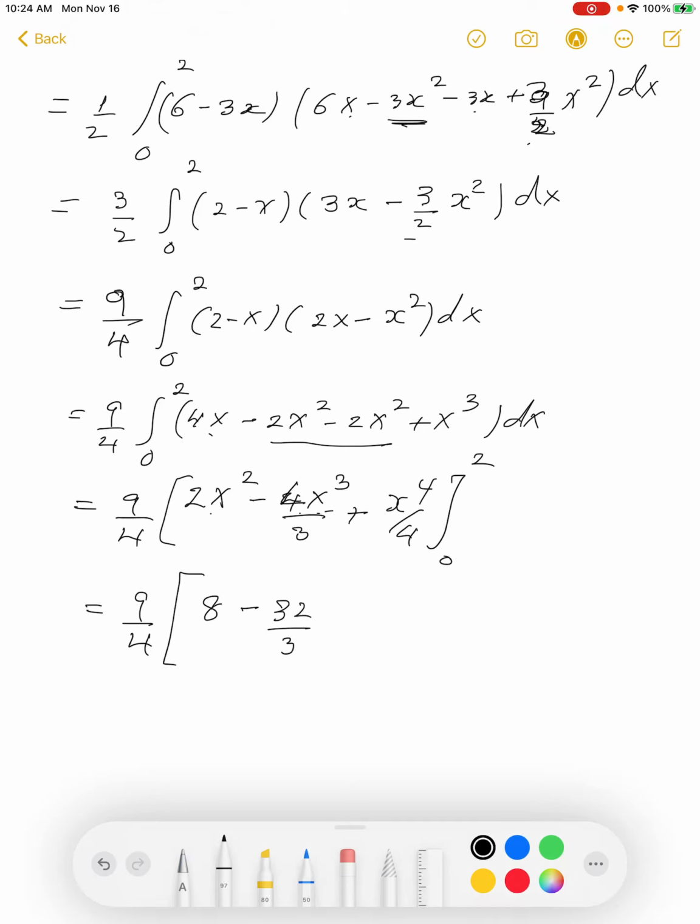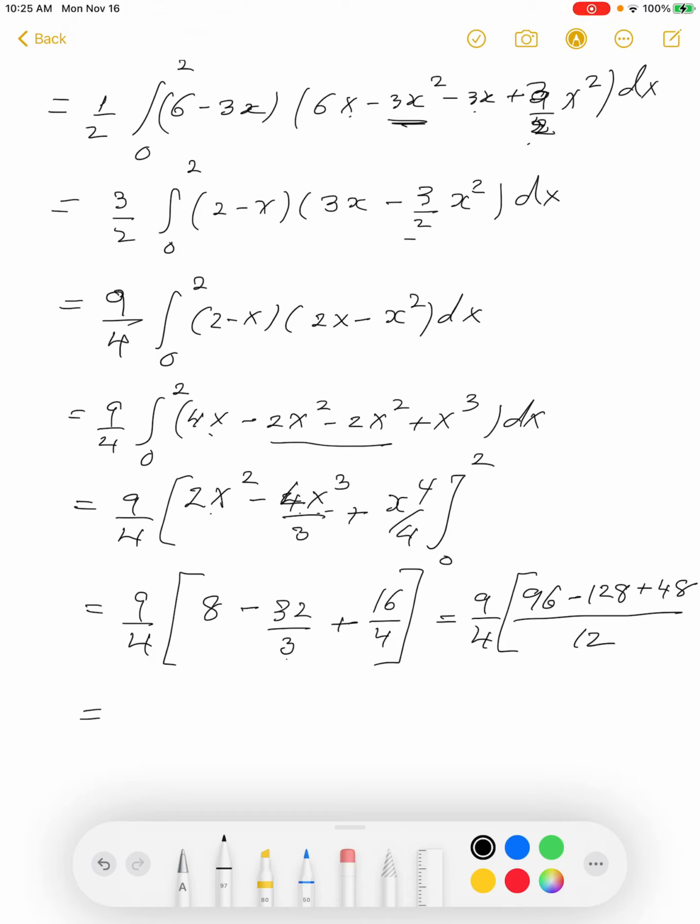So it's 9 by 4, value at 2 will be 8 here, minus 2 cube is 8, 8 times 4 is 32, and 16 by 4. So that's going to give you 9 by 4 times whatever it turns out to be. I will get 8 times 3 is 24, 24 times 4 is 96, minus 64 times 32 is 128, and 16 times 3 is 48